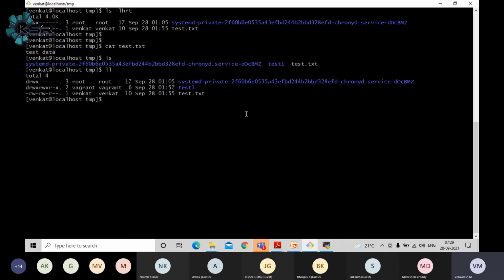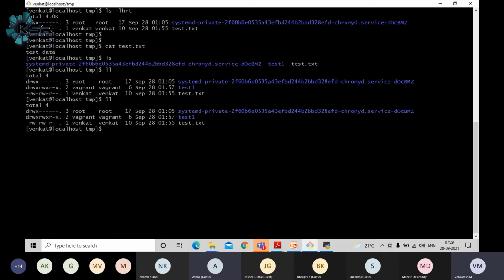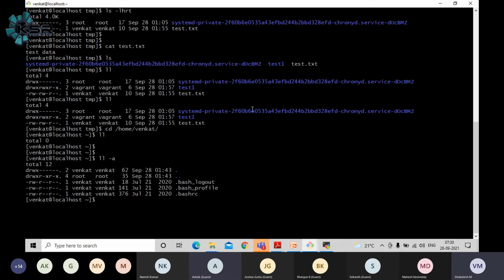Similarly, in Linux we have something like hidden files, guys. Hidden files means when you fire up a command like this, you won't be able to see those files. There is a separate requirement to do that part, which we'll cover in future sessions. Now, if you want to see hidden files, let me go to the user home directory. Now let me run the ll command. When I run the ll command, currently I am not seeing anything. But let me use ll space -a. See, currently you are seeing 3 hidden files. If you don't pass the argument -a, you won't be able to see any hidden files, guys.